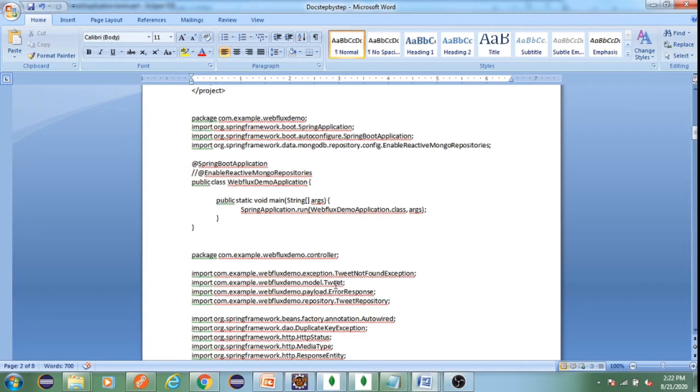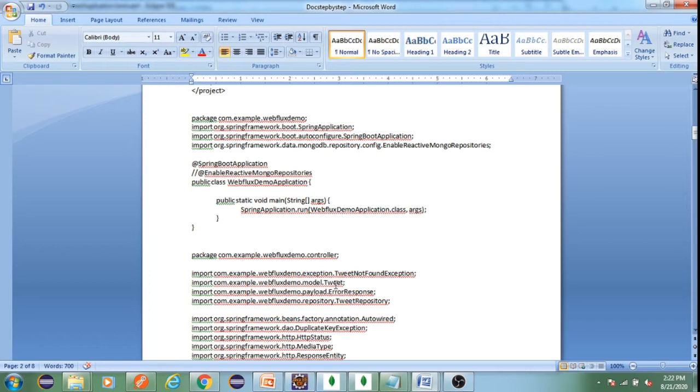Next, this is the controller class where we work with the model component called Tweet, which shows the tweet details. In this tweet controller, we autowire a repository called TweetRepository, which internally uses the MongoDB reactive repository, and we perform all the CRUD operations.